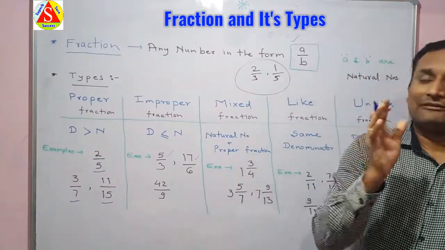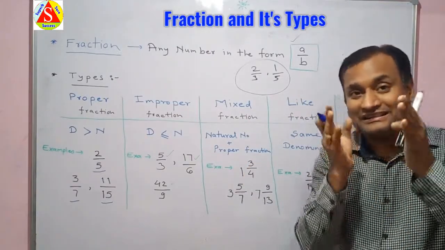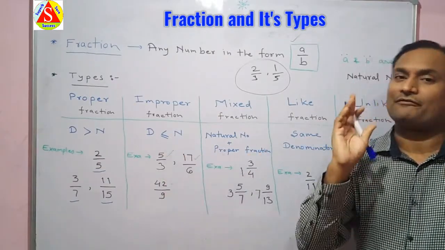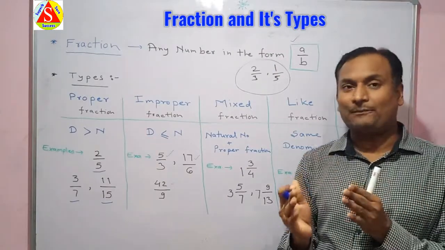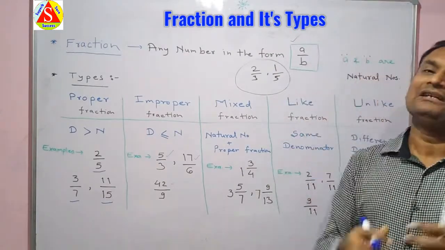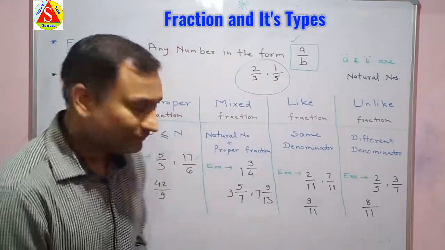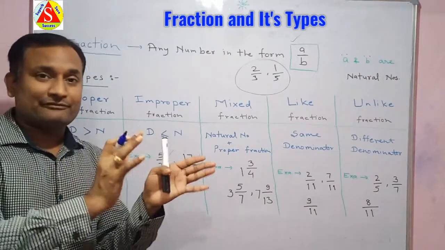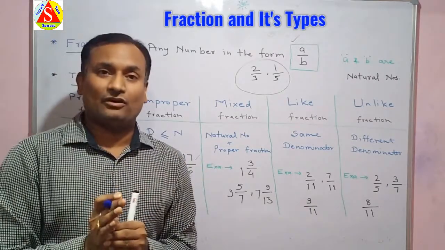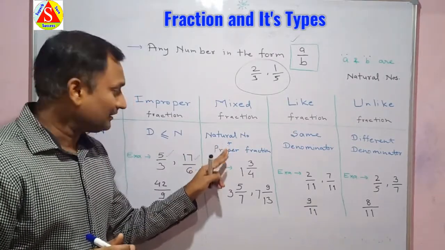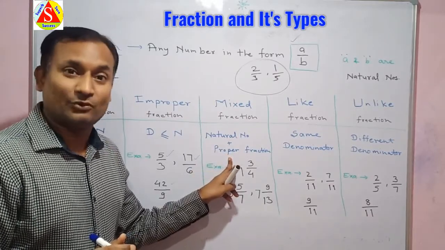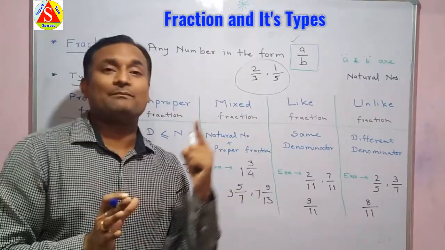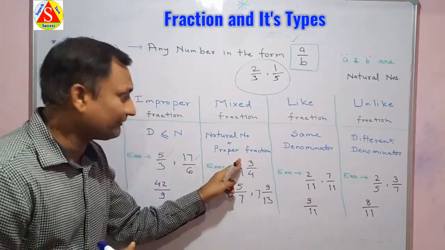So we will call these examples of improper fraction. The fraction whose denominator is either less than or equal to the numerator is called improper fraction. I hope this is also clear. Now let's see the third one, that is the mixed fraction. A mixed fraction is the combination of a natural number and a proper fraction. A fraction which has a natural number along with a proper fraction,